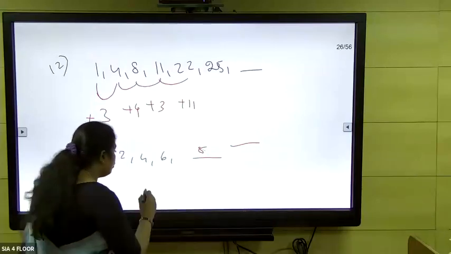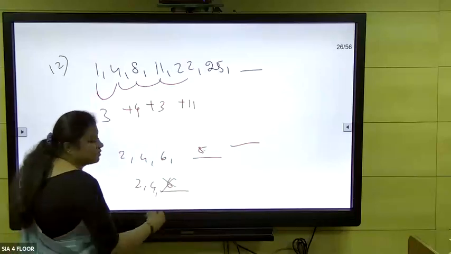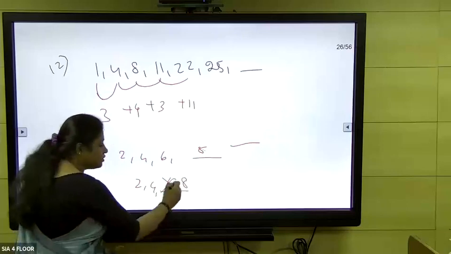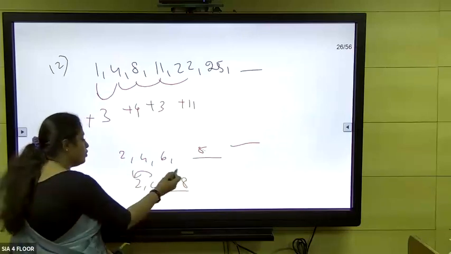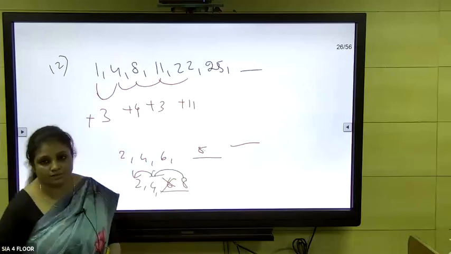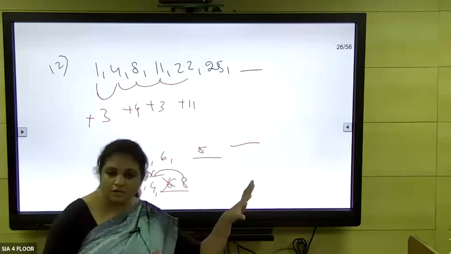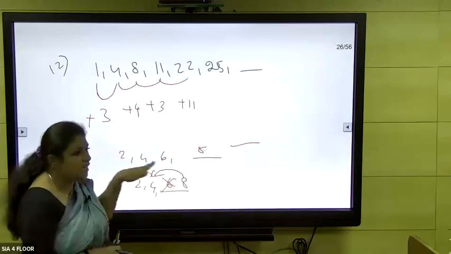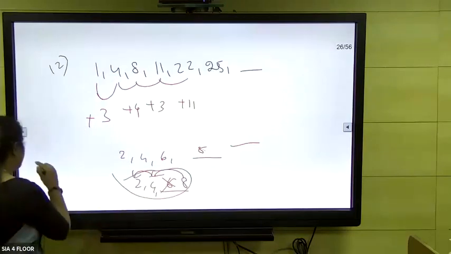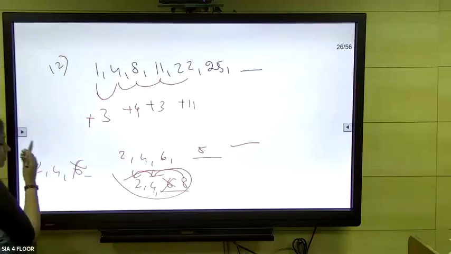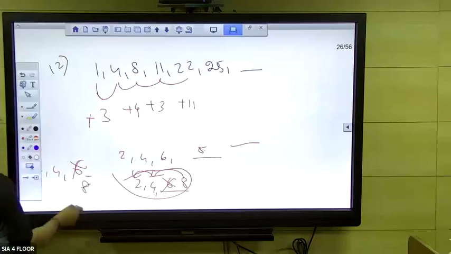See, if I give you 2, 4, can you tell what the next number is? If you say 6, it is wrong, because it can be 8 also, because this number is a double of this number. So probably the next number could be the double, which could be 8 also. To identify that it contains some logic, you need at least 2 or 3 numbers in the sequence to confirm the logic. If I say 2 and 4, next is 6, no, it can't be 6. It could be 8 also, and it could be some other way also.